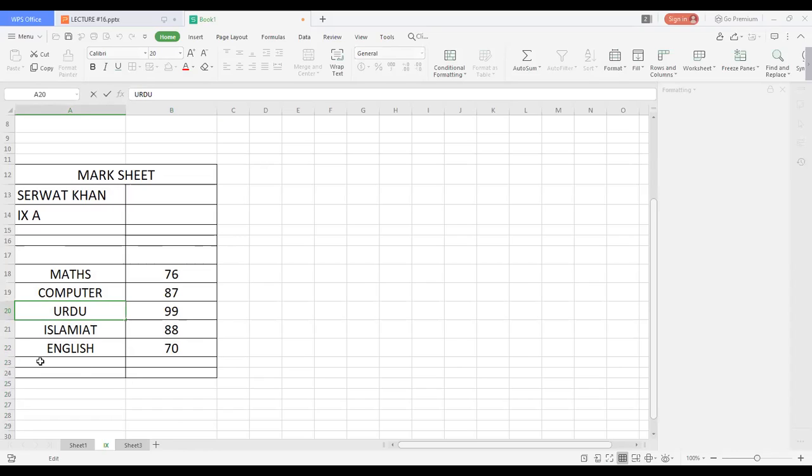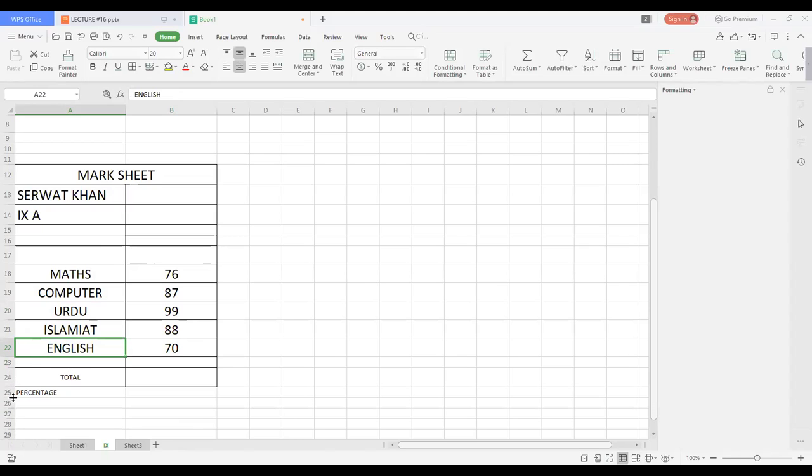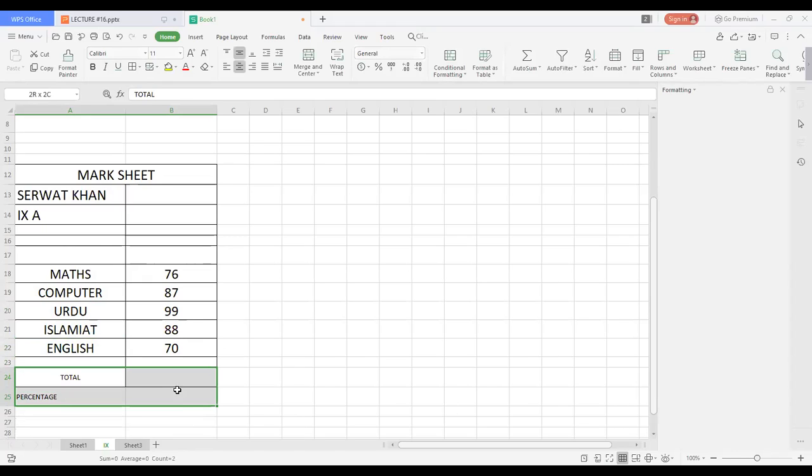Now here I'll give the total and here I will give the percentage. I'll increase the size, make the border, center the text, increase the font size to 20, bold it.